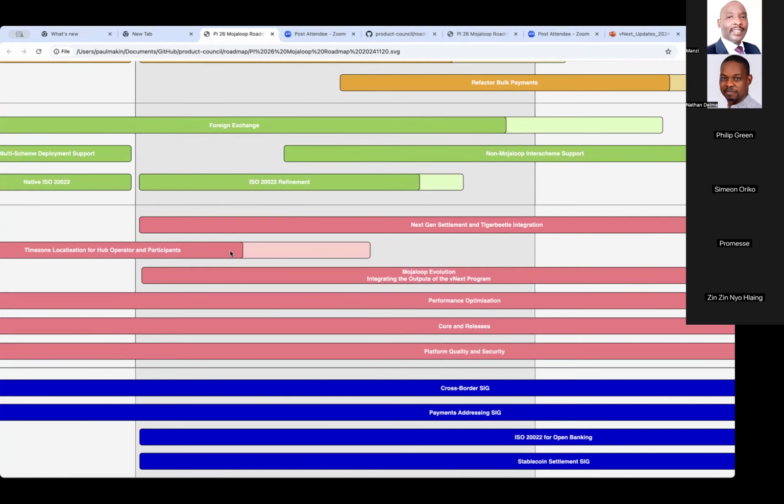Time zone localization, that's an interesting piece of work. We are probably not going to see precisely what's happening with that because the people who are carrying out that work, frankly, have gone AWOL. I keep on trying to get in touch with them, and I'm not getting any response from any of the team. So that's still here, but I can't really give you an update because the team aren't talking to me for some reason. But we'll address that, no problem.